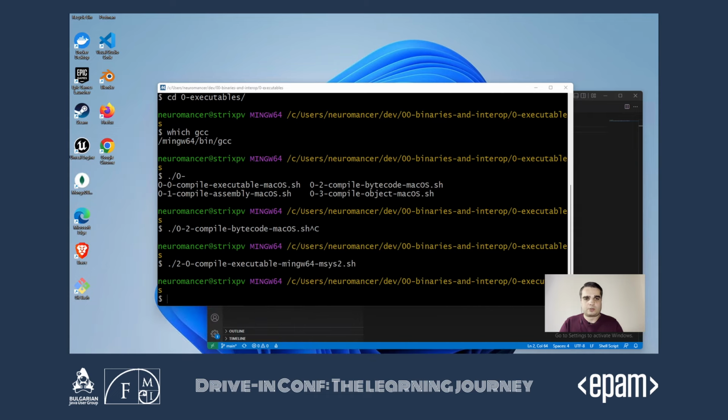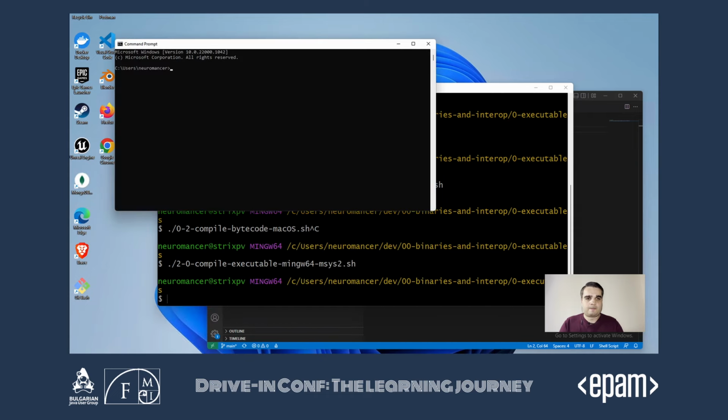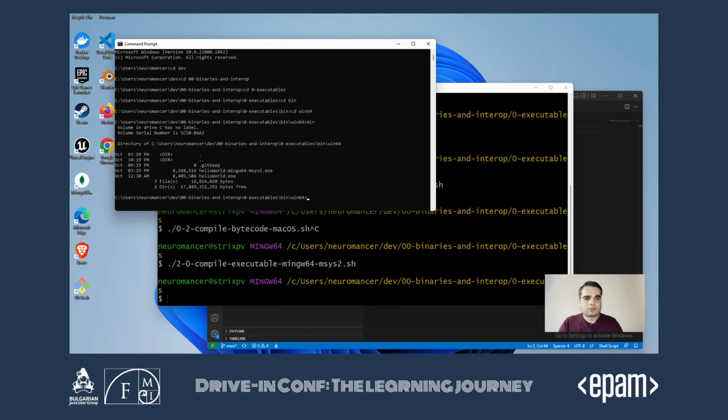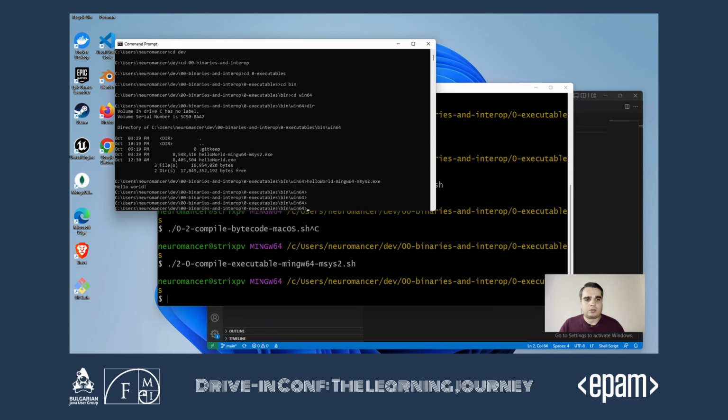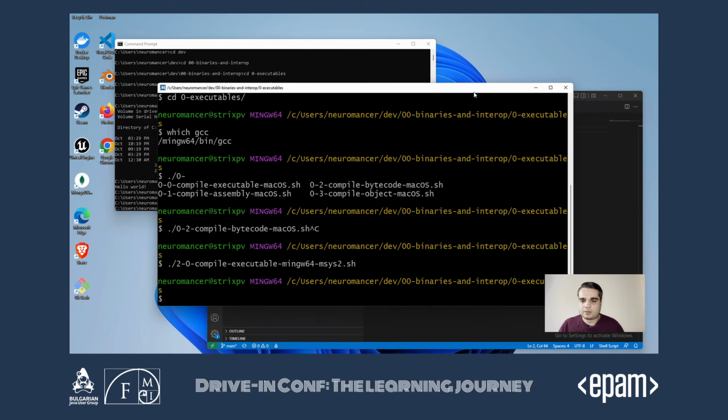So I use command prompt. See, now we have the hello world MinGW executable, and surprise, surprise, it does the same thing.